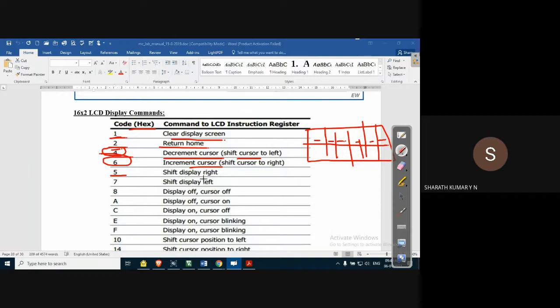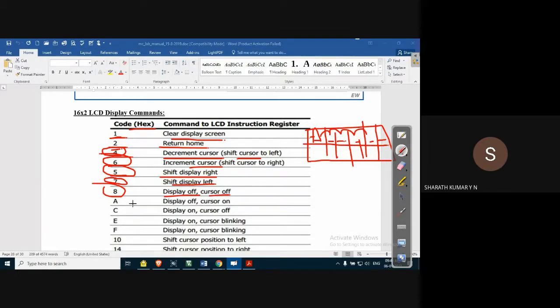Command 5, shift display right. For example, let us say we have displayed a character A. This character can be shifted to the next positions, and for that we make use of command 5. Then comes command 7 to shift the display towards the left hand direction.